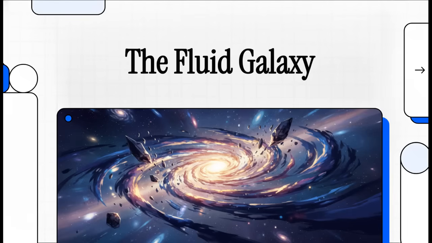Welcome to this explainer. Today, we're doing something really exciting. We're using live, unsimulated data to actually map out a massive physical anomaly at the very edge of the Milky Way. It's a set of hard, empirical measurements that absolutely challenges everything those standard textbooks tell us about dark matter and the whole structure of our galaxy. So let's just jump right into the data together and see how this entirely reshapes our visual picture of the